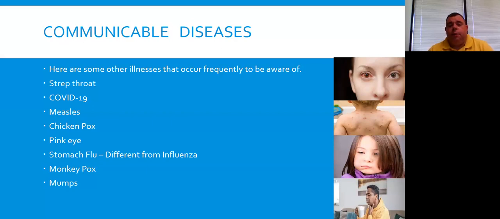So here is an example of other communicable diseases that are frequent in the area up here in Northern California that you need to be aware of. It's not always just flu or even the common cold. The first one we're going to talk about is strep throat. Strep throat is a very, very sore throat. The inside of your throat becomes inflamed, and it can be painful to eat anything or swallow. It hurts really bad. For strep throat, you definitely need to see a doctor because they're going to have to give you antibiotics.